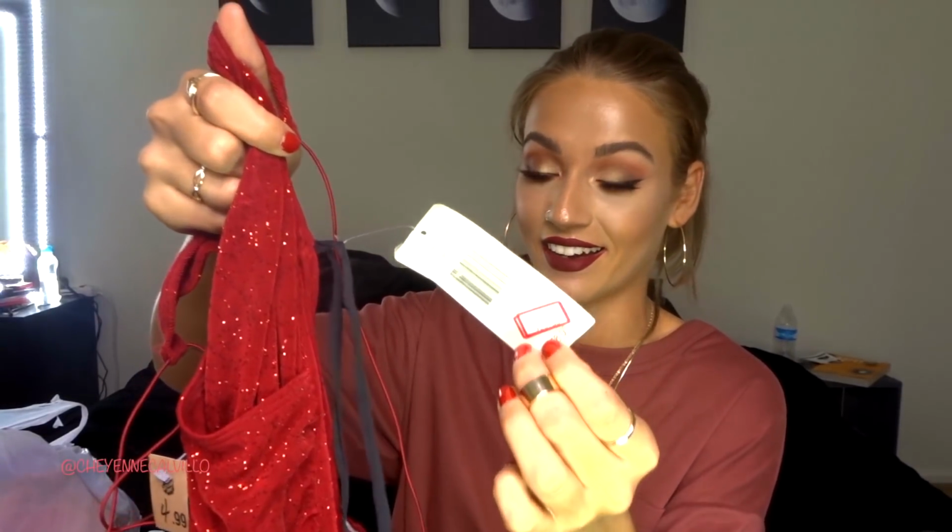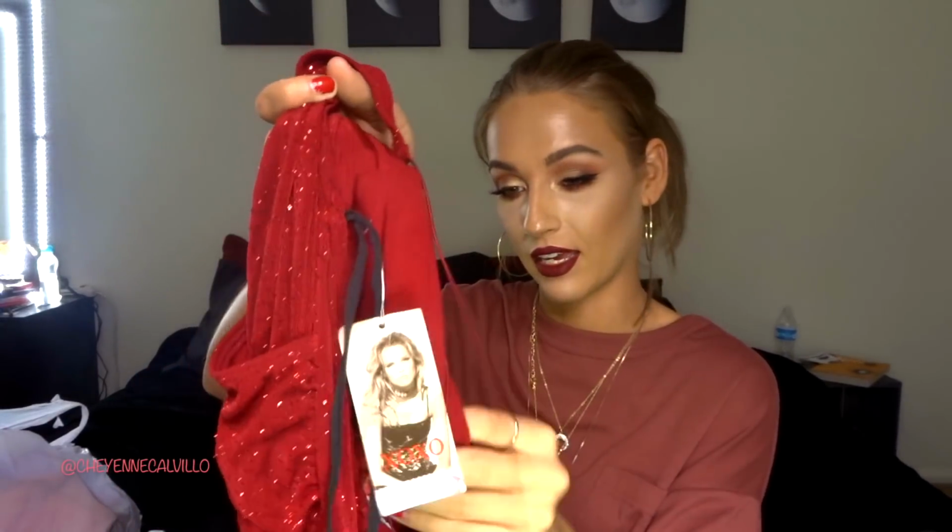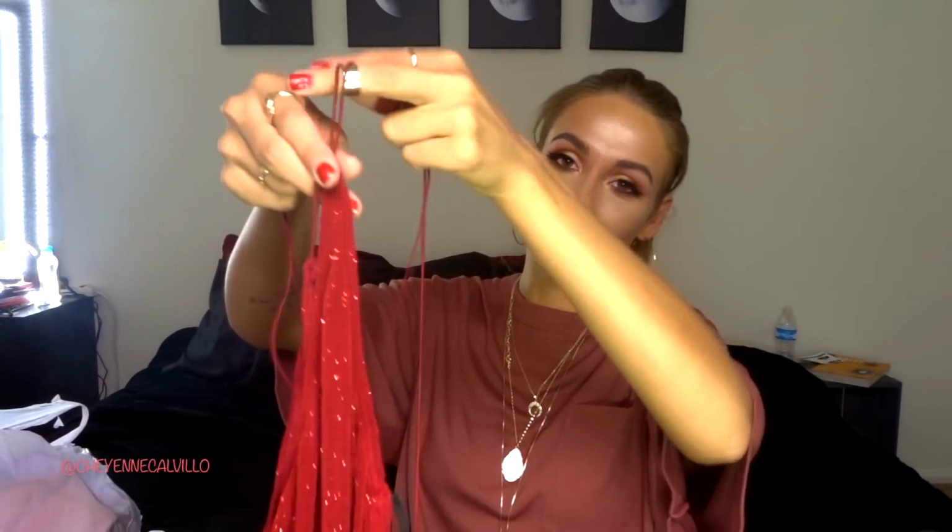So these next items are all things I got on the same day this past Sunday. This dress I had no intentions of trying on at first, and I found it by the fitting room from the brand XOXO. It was originally $58. They had it marked down on clearance there for $28.99, and I paid $4.99 for it. So it is this gorgeous sparkly red bodycon dress. It has a slit on the side and the back is really strappy, and I fell in love with it,